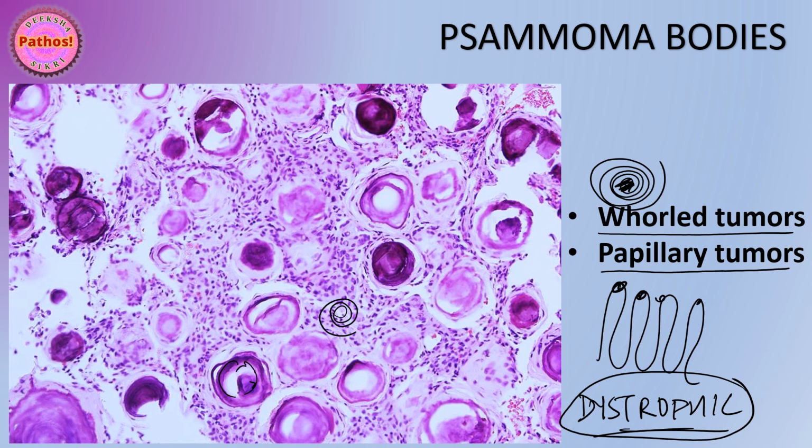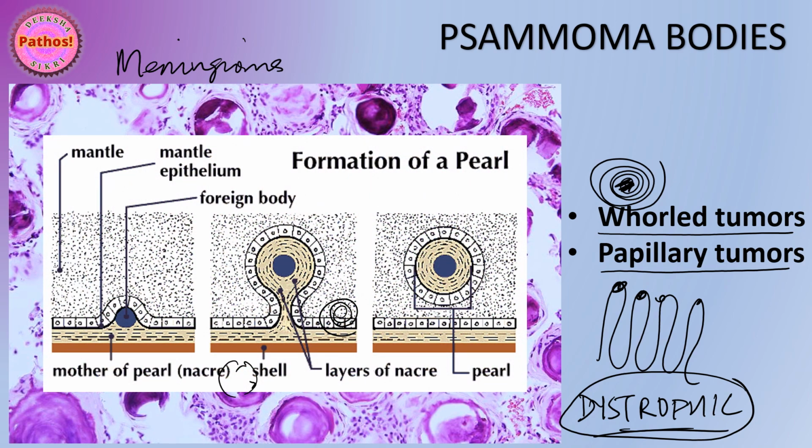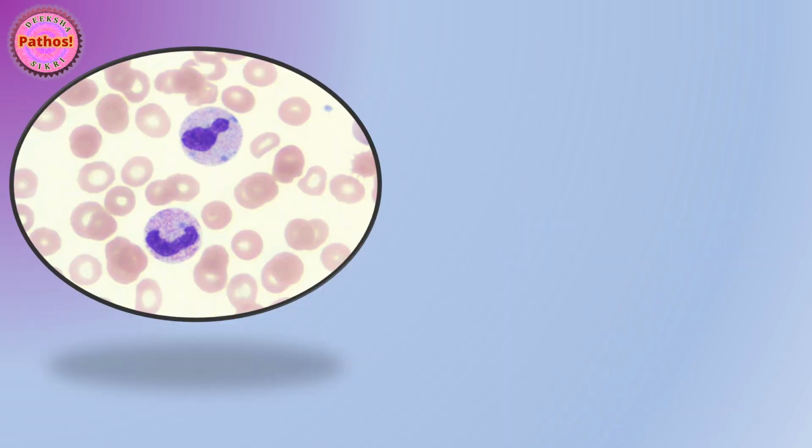So this picture is actually of a meningioma, and in this meningioma you can see a lot of psammoma bodies, basophilic laminated dystrophic calcifications. It's a very interesting reason why we call them psammoma. It's actually come from the term for sand. You know how a sand or any foreign body becomes laminated, calcified, and forms a pearl. So that's where the term psammoma has come from. See, so interesting. Next. These are 2, 3 hematological conditions.